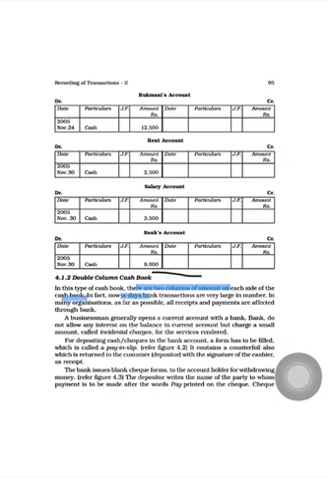In fact, nowadays bank transactions are very large. When only cash transactions are there, we prepare a single column cash book. But when both cash as well as bank transactions are there, we prepare a double column cash book. In many organizations today, the cash transactions are less and the bank transactions are greater in number.